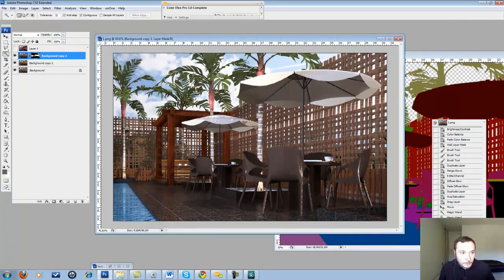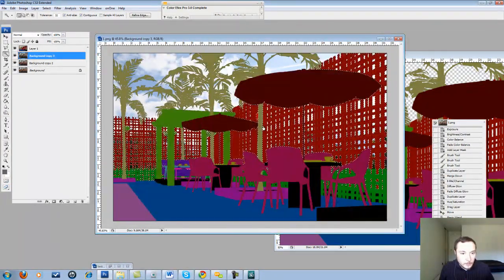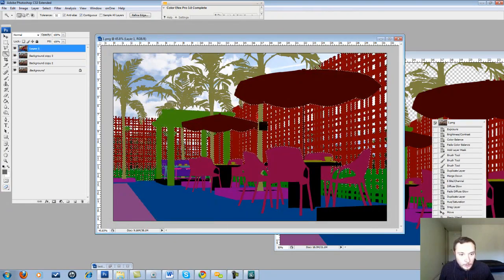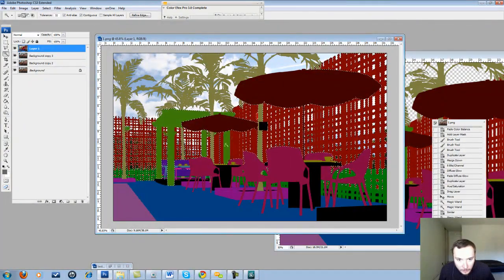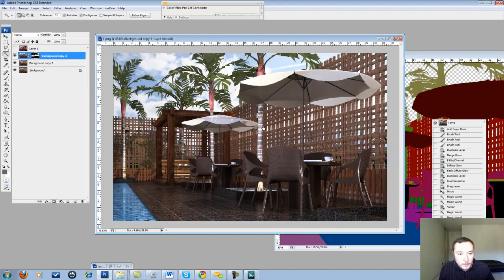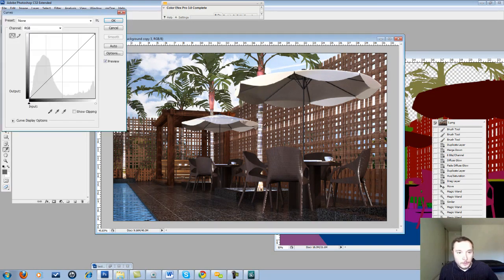Oops, I'm sorry, we need to add this green arc to the selection as well, and then we just add a mask, and voila, we get nice colors for our wood as it was before, very highly saturated. Something like this will give more natural color to the wood. You can also, by the way, correct the curves to make it a little bit darker, something like this, so